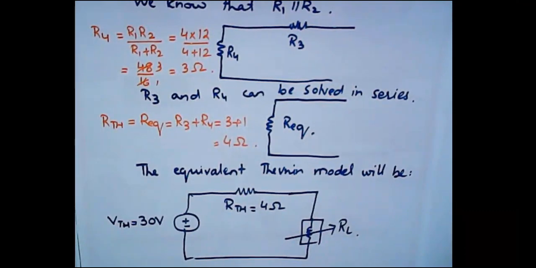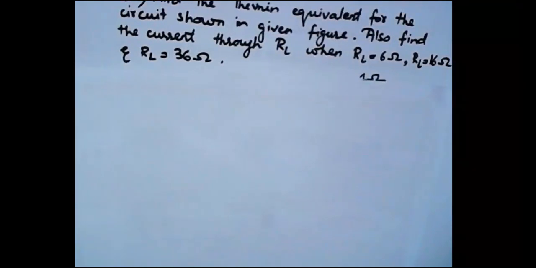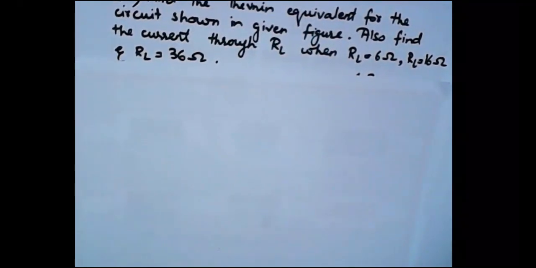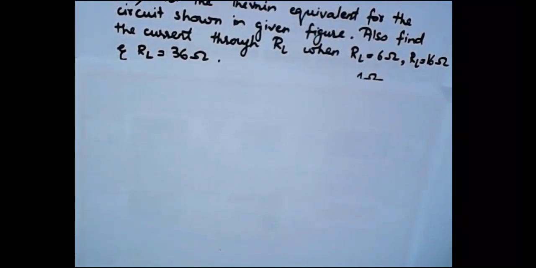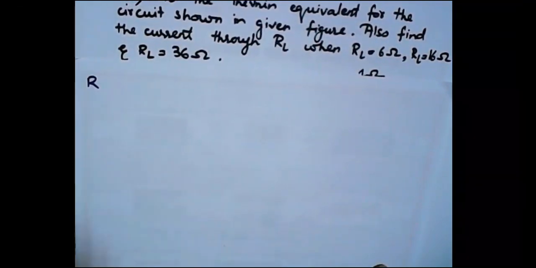There is one more part of this question which is left here, and that part is pretty simple. That part focused on calculating the currents, and what values of currents that we had, the resistance values. So we had RL is equal to 6 ohms, RL is equal to 16 ohms and 36 ohms. So let's make 3 columns. RL,